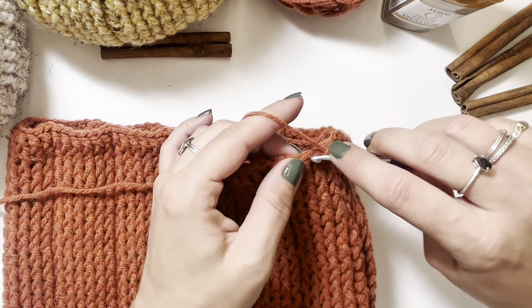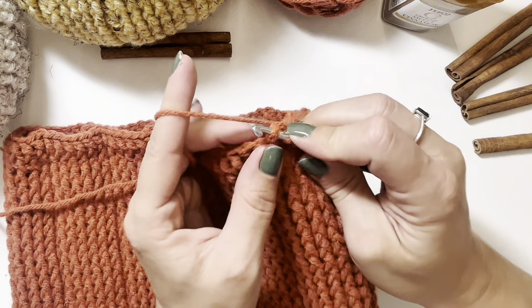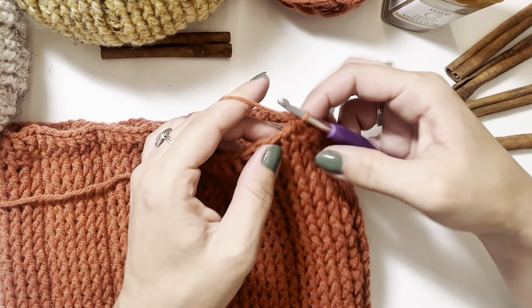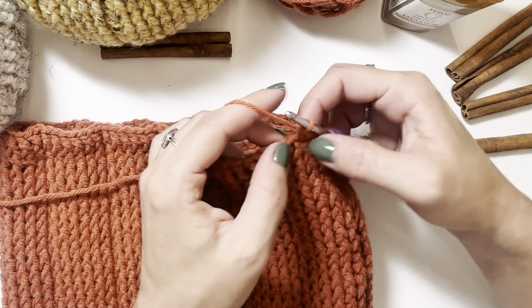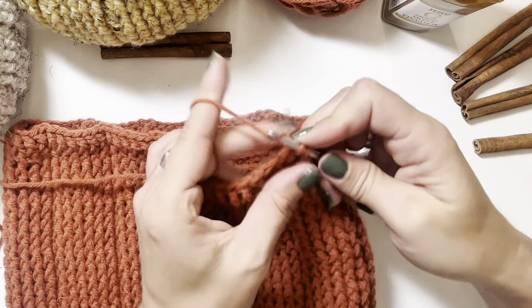So we're going to go into our stitch, yarn over and pull through, then we're going to go into the next stitch, yarn over and pull through again, and then we're going to yarn over and pull through all 3 loops on our hook. So this has decreased our stitches by 1. We've stitched 2 together then. So we're going to repeat that, 3 single crochets,